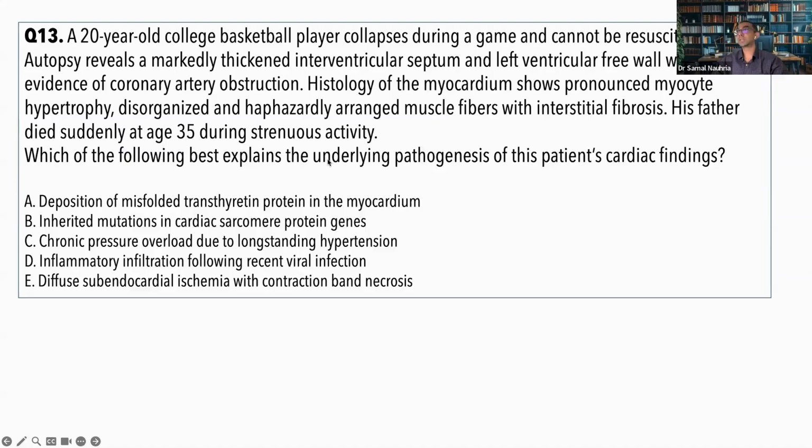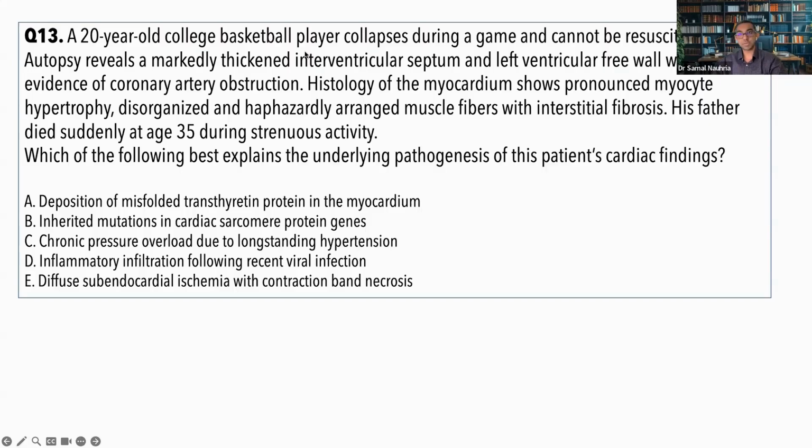Which of the following best explains the underlying pathogenesis of this patient's cardiac findings? So what has happened here? And I specifically gave you this question so that you can again see how they describe. I believe you all figured it out. So this is hypertrophic cardiomyopathy. Okay, so this is HCM, of course, but what I want you to focus on is the classical description,